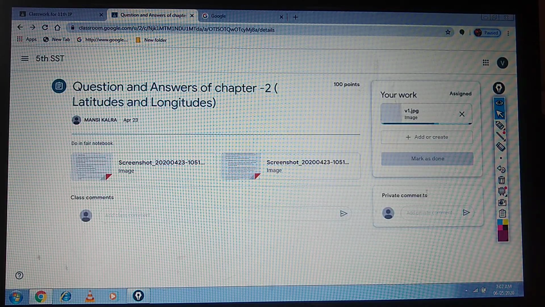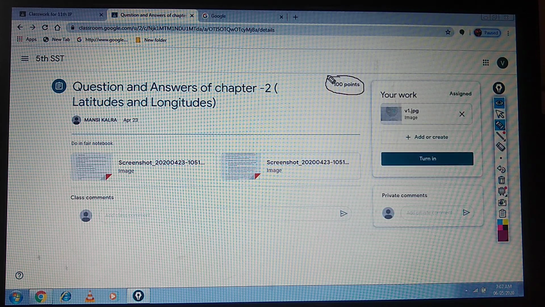Now suppose over here the teacher has allotted 100 marks for this. If the student completes this task before the due date, that particular student will get 100 marks.